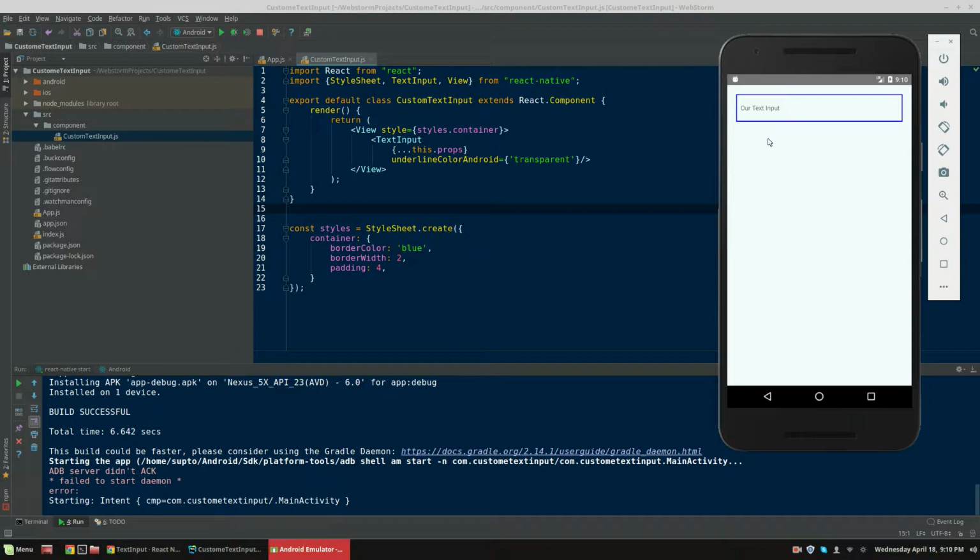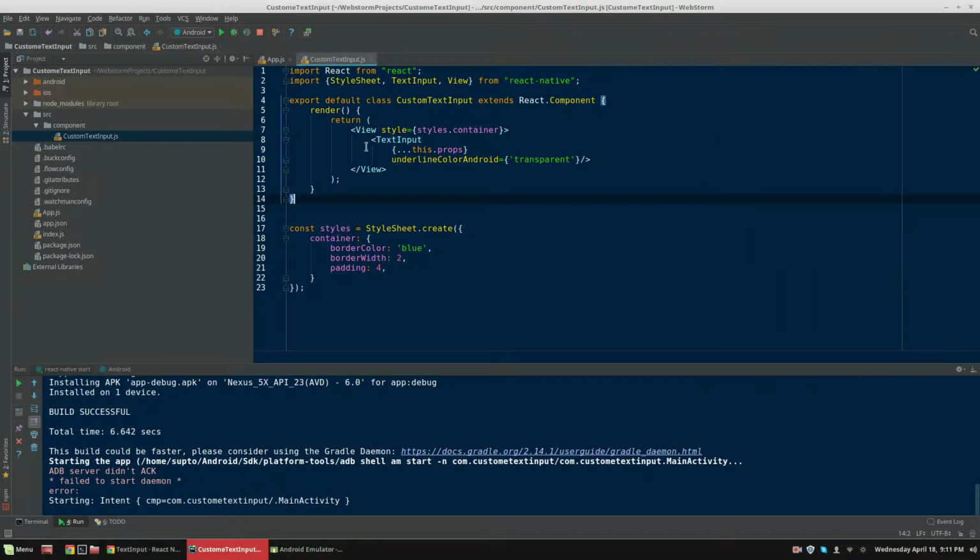So what we want to do is when this text view, edit text or text input is not focused, we want to design some stylish look here, and when we click this text input or it's focused, we want to change that color. We want that border to become another color, indicating that this text input is active and is taking all the keyboard actions. And when we will, let's create another